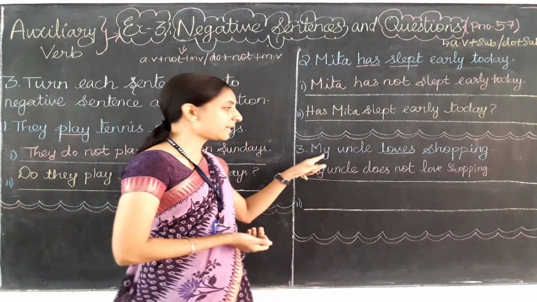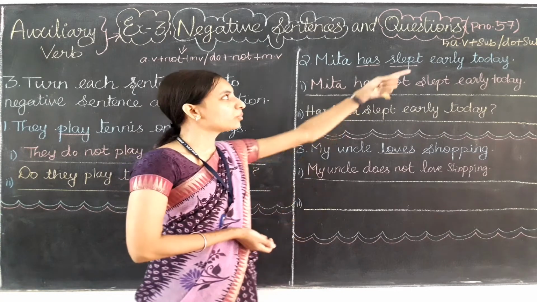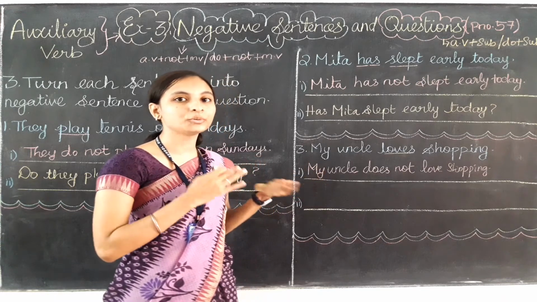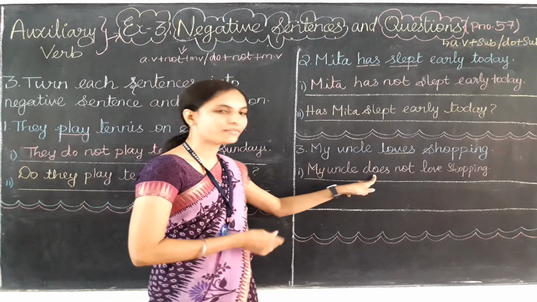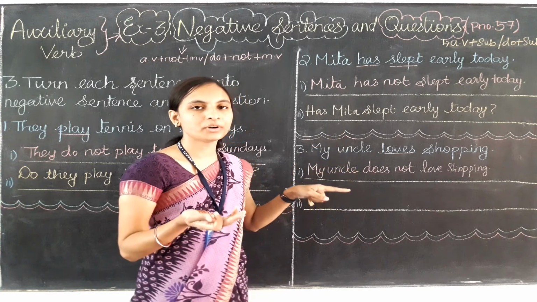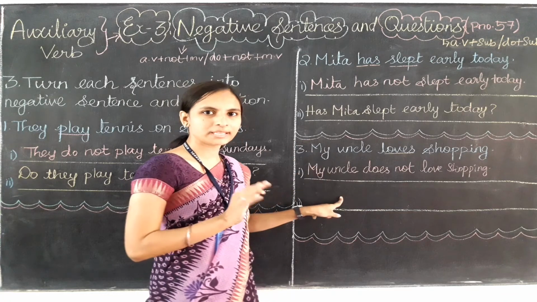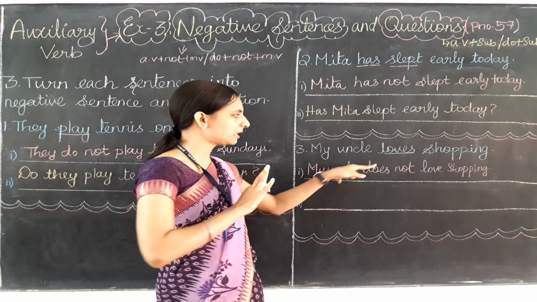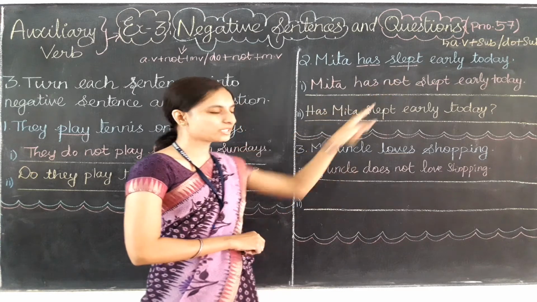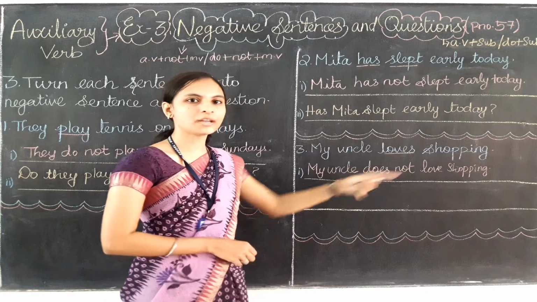Okay. Now let's make the question sentence. So here there is no auxiliary verb. Then what do we need to do? What do we need to use? Yes, we need to use the do family verb only. We have learned that for this sentence, the do form verb we need to use is does only. So here we are going to make the question sentence. First we need to write does and then the subject, that is my uncle, and then all other things.